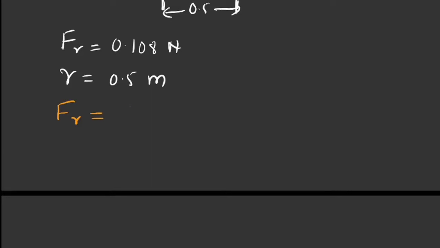It is calculated as 9 into 10 to the power 9 into, what is that? It is a constant value, isn't it? So I am writing directly 1 divided by 4 pi epsilon naught, which is 9 into 10 to the power 9, directly. Now Q1 Q2 divided by, what is the distance between them? 0.5 whole square.